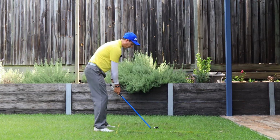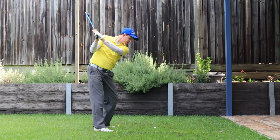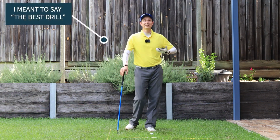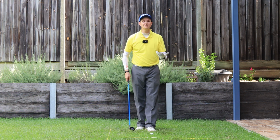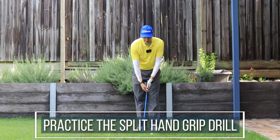So from this angle, let's just get a bit more height in that backswing. And we can get those arms, just push them out, and you get that nice bit of height there. The best grip for helping you get a left arm straight in the golf swing, I think, is a split hand grip. I've probably spoken about this at some stage before, but really simply, grab a club, take your normal grip,